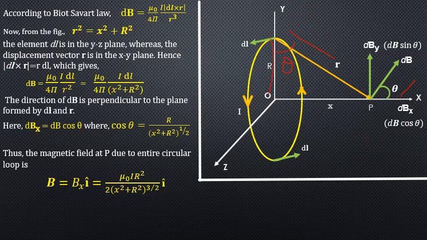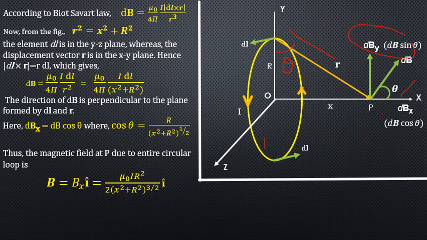and I would like to tell you that here the y component of loop is not being considered. The reason, because you see, this is our element under consideration. Now there is always a diametrically opposite current element for every element. If you take the current element here, then there will be diametrically opposite current element again. For every element on the loop, there is a diametrically opposite current element. And the directions of these diametrically opposite current elements are always opposite to each other.